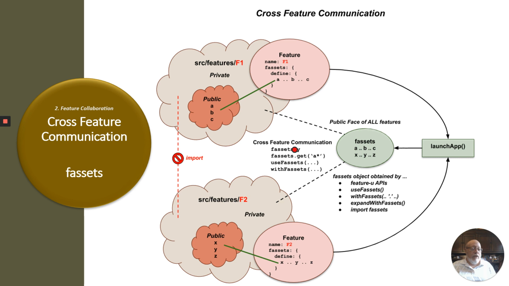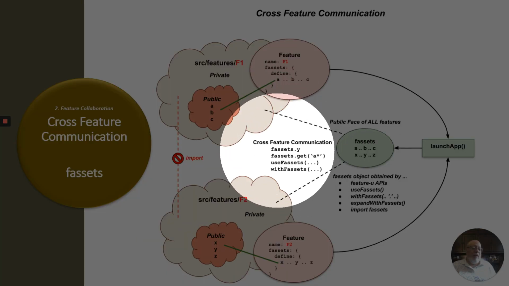Here we're dereferencing the Y resource that's defined in the F2 feature. You can also call the get method, and this allows you to specify a wildcard. So this will return an array or a series of facets that match that wildcard specification. There's also a couple of functions that you can use within your UI composition that provide indirect access to the facets. We'll talk about all of these in just a moment, but the key takeaway from this slide is